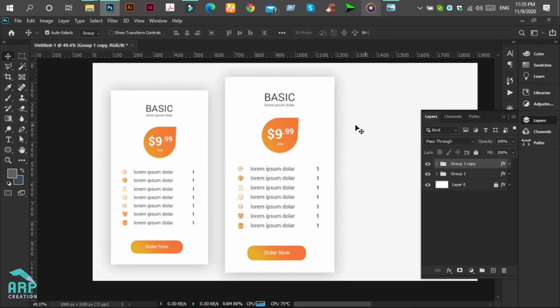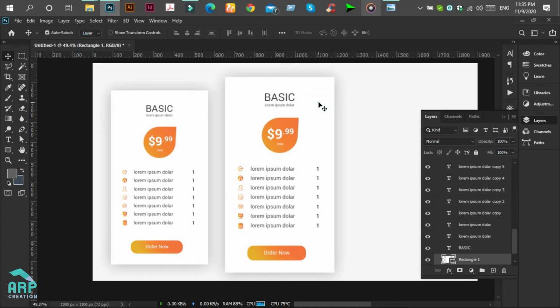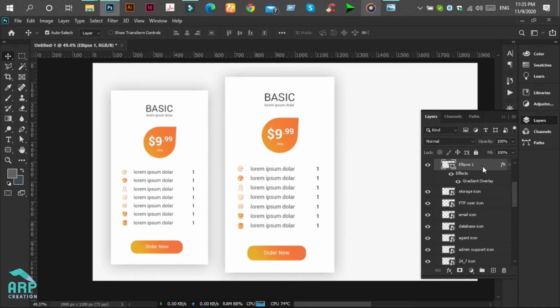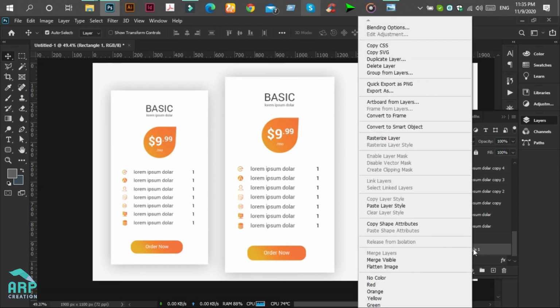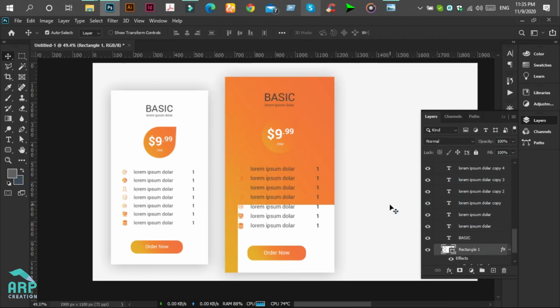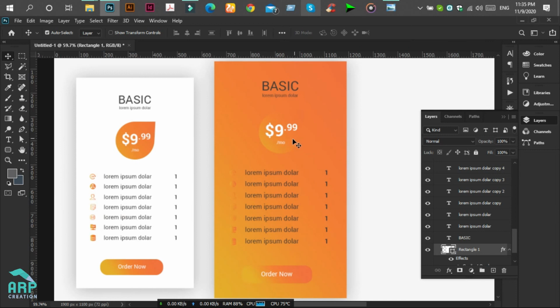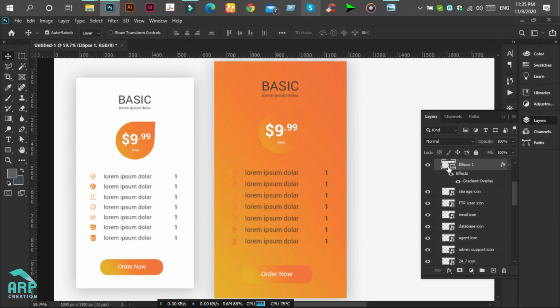We should change this rectangle color to this color. So change the auto select option to layer. Select this layer and copy the layer style and change it by pressing paste layer style. We will also change this shape color to white.